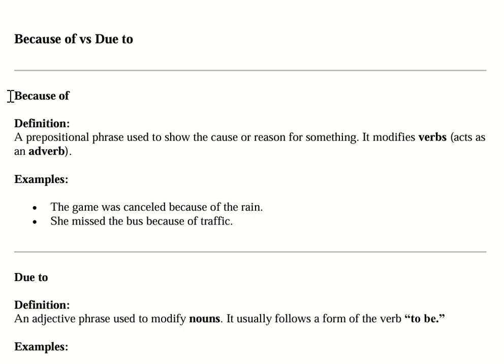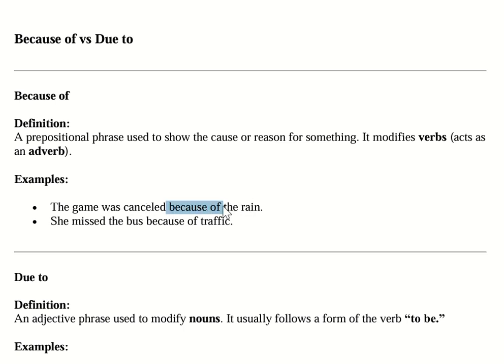Well, at first we will know about because of. Because of is itself a prepositional phrase, and it is normally used to modify a verb. It actually describes why something happens, or why an action happened. For example, if you see the first example here, the game was cancelled because of the reason here.